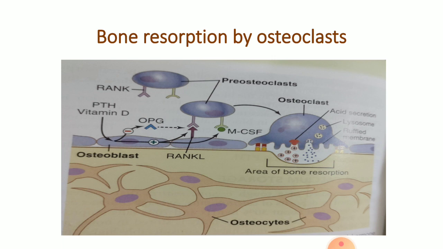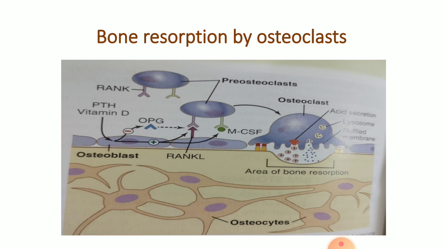But one thing you must remember, I am telling it again, that osteoclasts do not have any receptor for PTH directly. Rather, osteoblasts have receptors for parathyroid hormone as well as vitamin D. Under the influence of these hormones, osteoblasts release certain substances like RANK ligand,